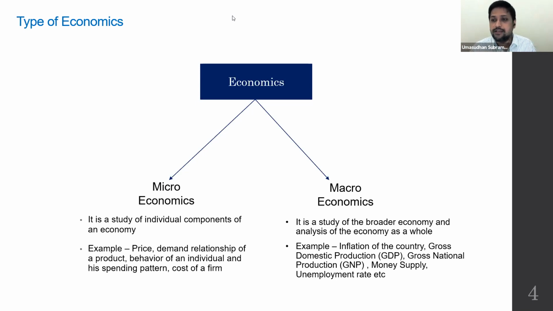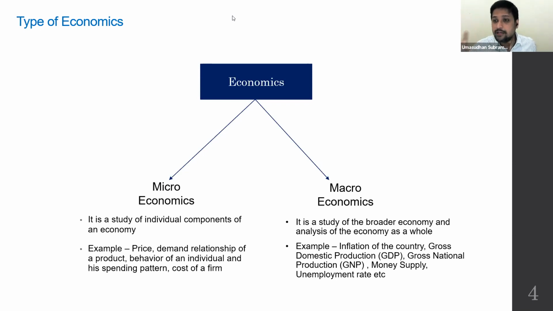Microeconomics is a study about individual components of a country or an economy. If you take the economy at large, you have so many components which put together form an economy. There are so many individuals, the total population, and then the total production of goods and services. If you put them together, you get GDP, gross domestic product. The size of your economy is what we call GDP, and that's at the national level.